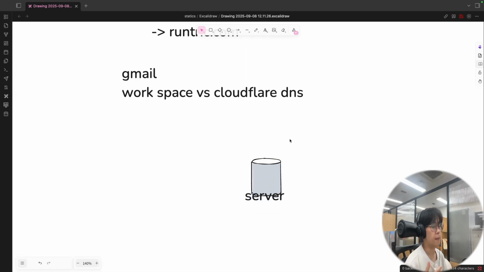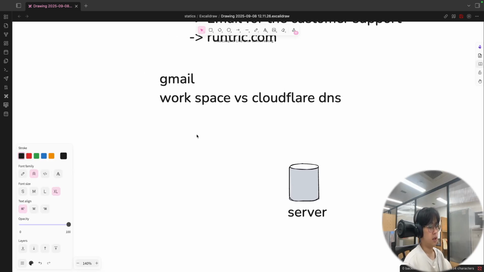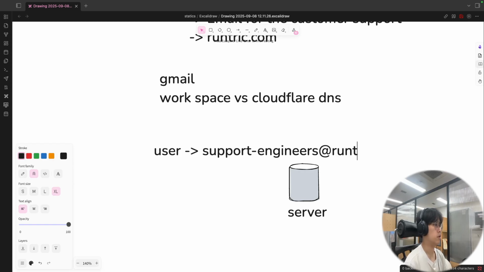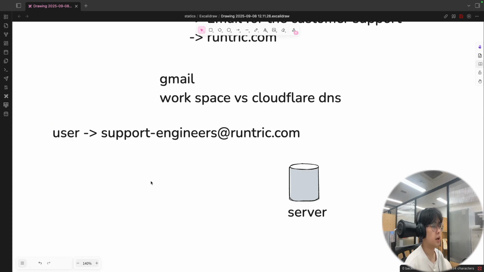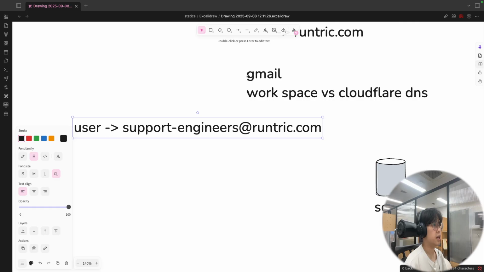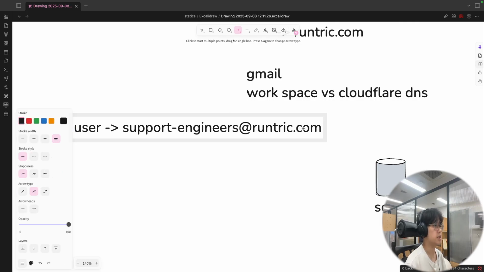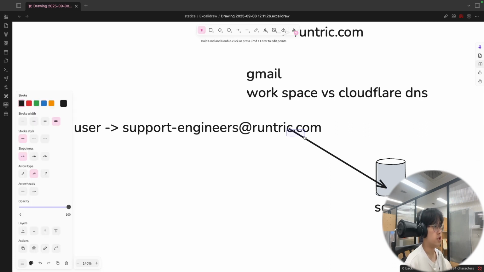Cloudflare is just like a forward proxy, for routing, so that if a user is trying to send some kind of email to our support email, for example support engineer at runtrick.com, if you're trying to send to our customer service email, it seems like it's sending to Runtrick, but it sends to our Gmail server, so we can just read the Gmail rather than looking up runtrick.com